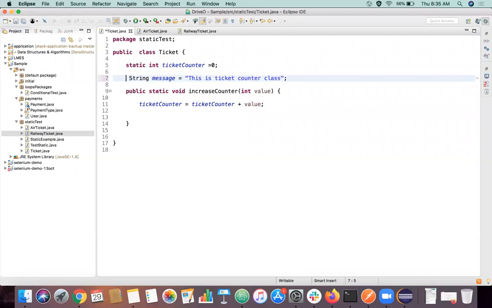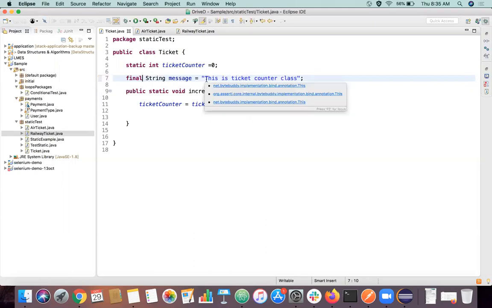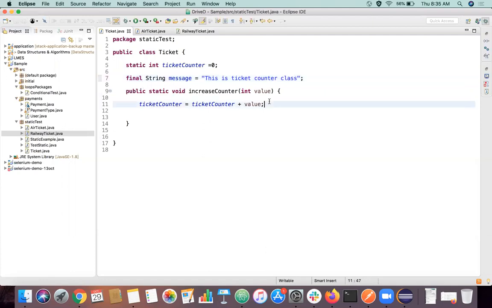Let's remove the static here and put this as final. What happens is I cannot go and override this value elsewhere. That's the whole point. Maybe we'll put static also, because we're not trying to access it with an object, you can combine static and final as well.